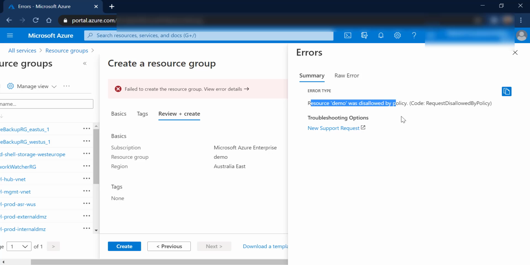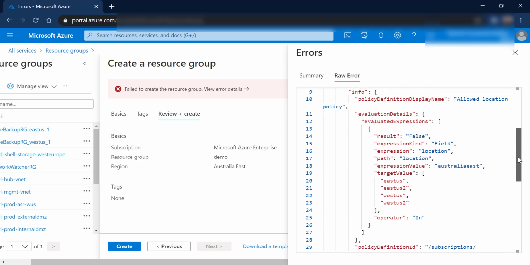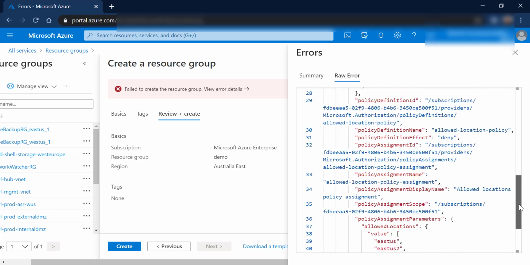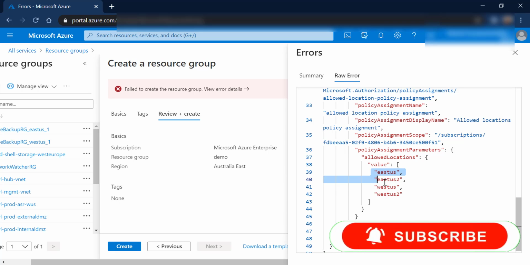You can see that the error says disallowed by policy, and if you look at the details of the error, you will get to know which policies are coming into play here. You can see the allowed locations as per my location policies.